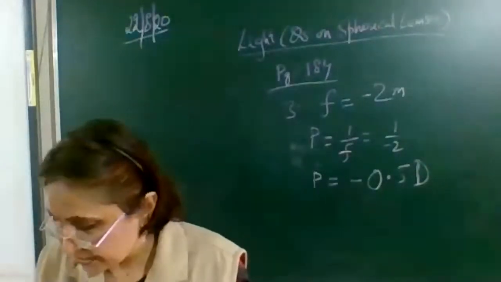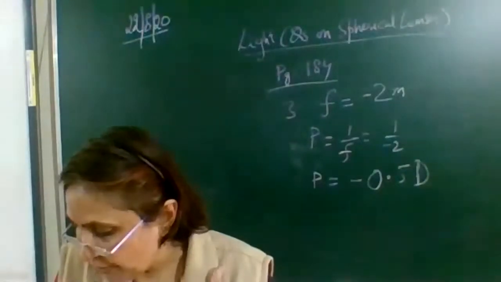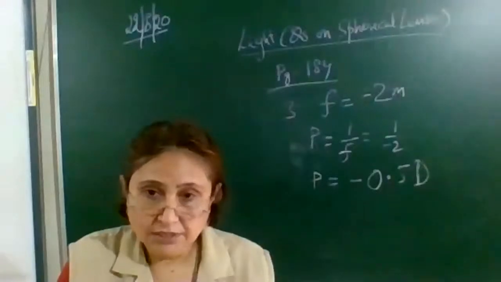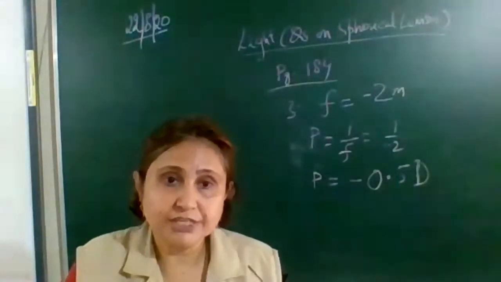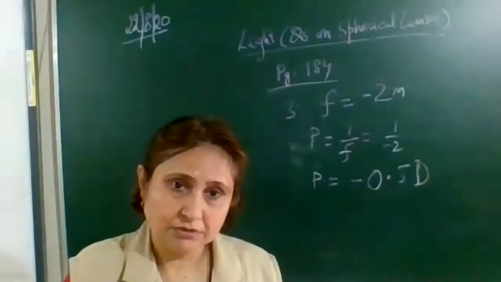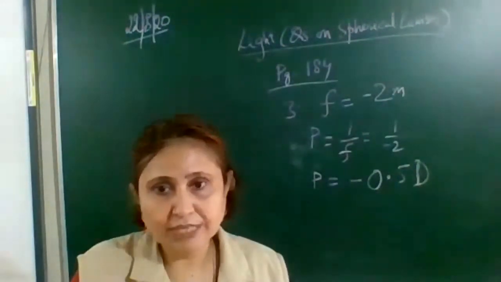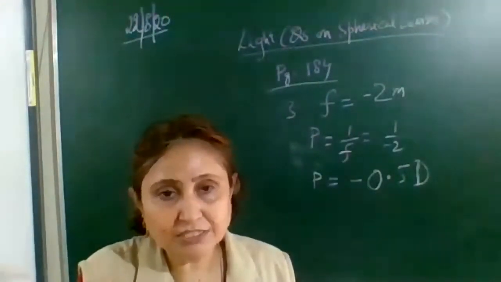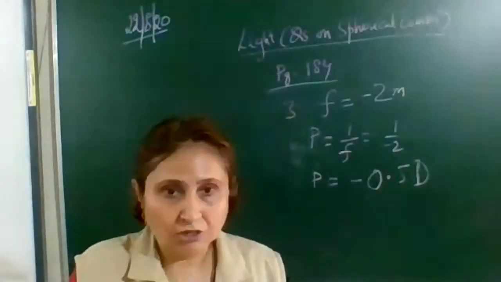Question number 4 already discussed. Fifth also discussed. Okay, question number 6. Which of the following lenses would you prefer to use while reading small letters found in a dictionary? When you are reading small letters in a dictionary, the image formed should be magnified and it should also be erect. So which lens forms a magnified and erect image? We know that it is the convex lens, because a concave lens always forms an image which is smaller than the object size. So concave lens we cannot use. So which option? Convex lens.